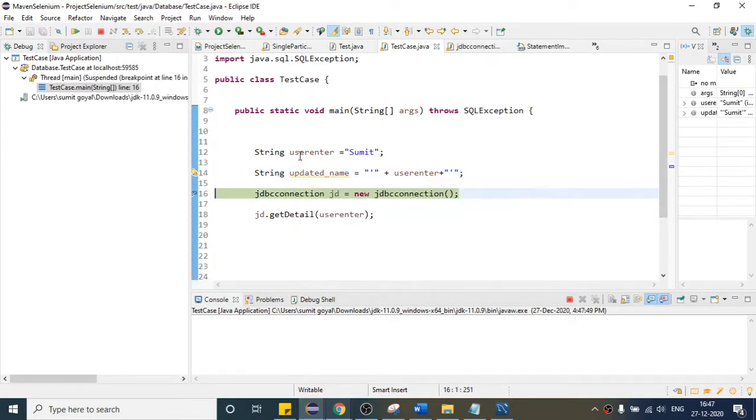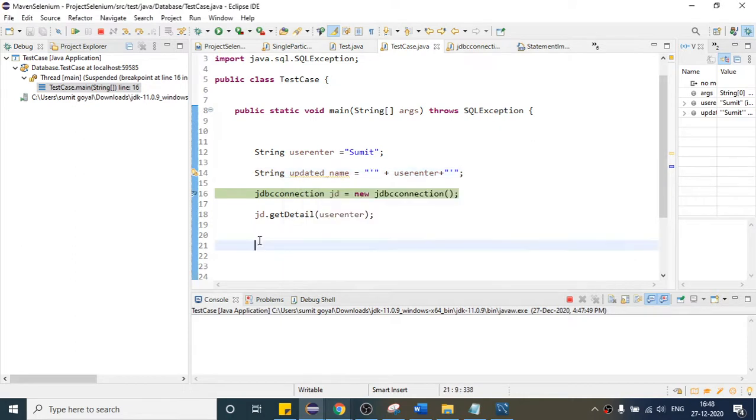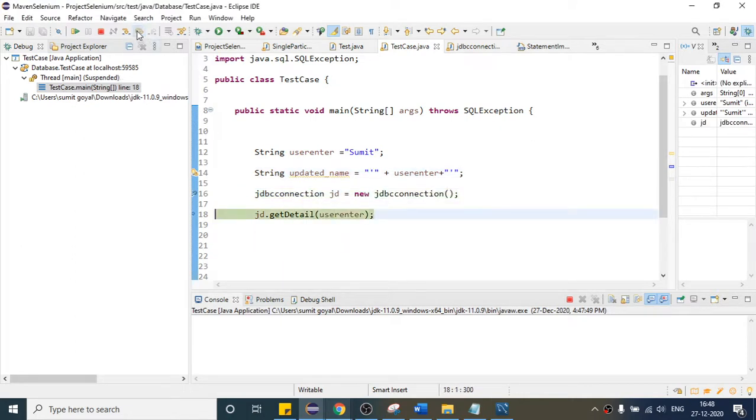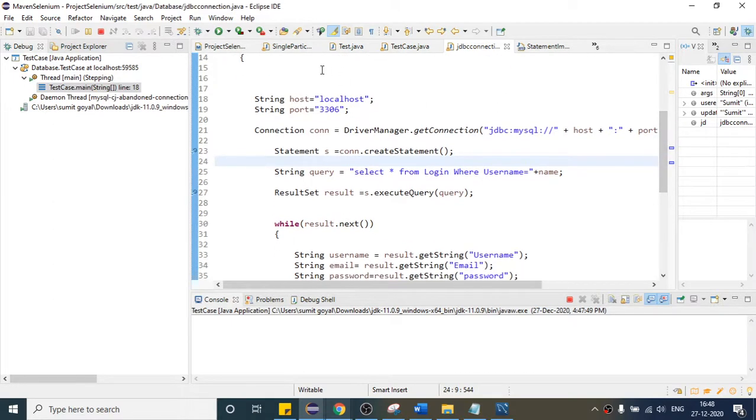now we are here. As of now, what is our name? Sumit, only Sumit. But I am getting an error saying that I want single quotes before and after the name. So this is what I have modified, and now this time if you see, single quotes before and after the name. So this will do our work, and if I run this again, Sumit will go in this and it will stop here. It is taking some time, so let us wait.